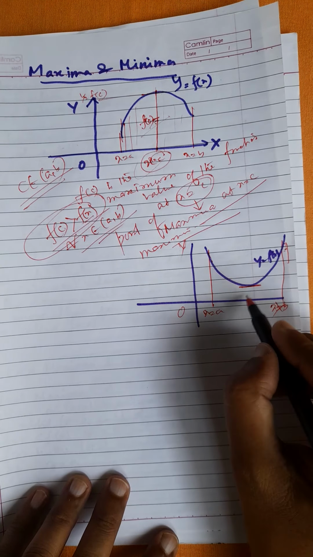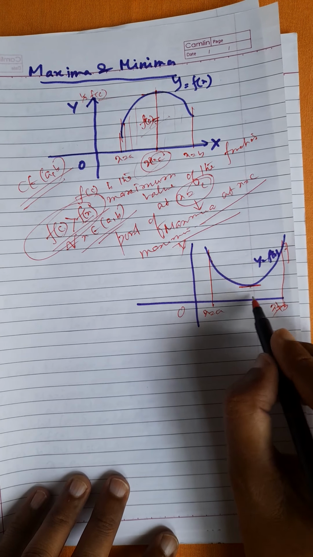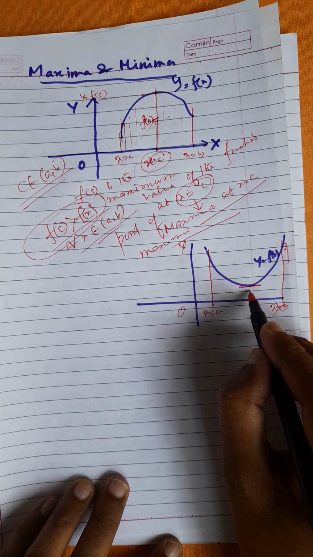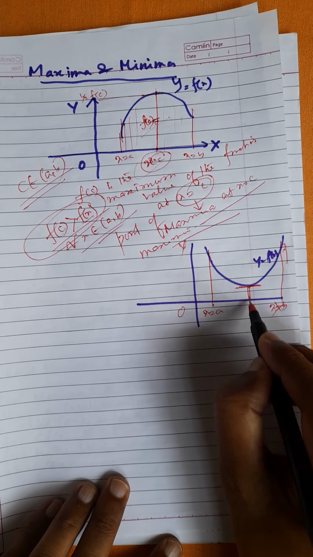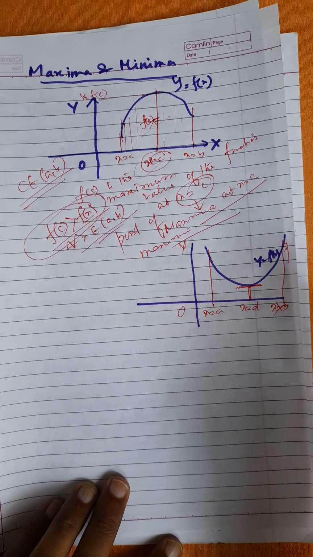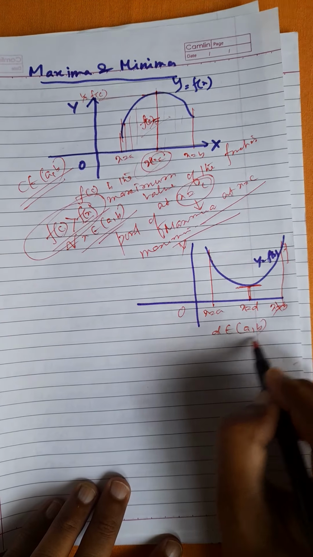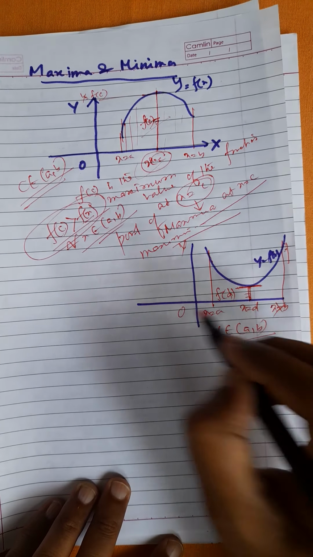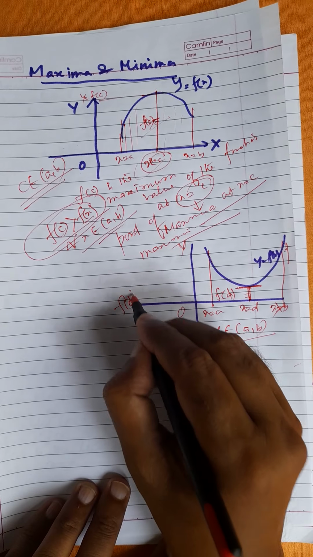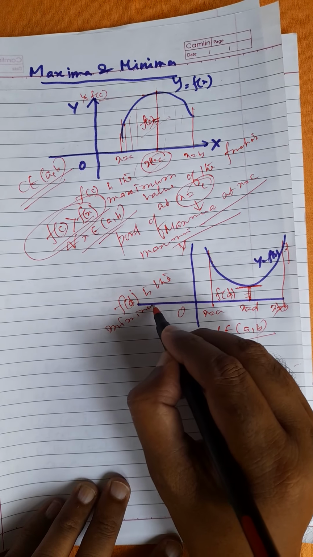This is the minimum value at what? At some point x is equal to d, that is d belongs to (a, b). That value of this function is f(d). So f(d) is the minimum value